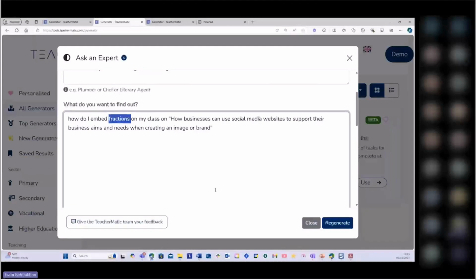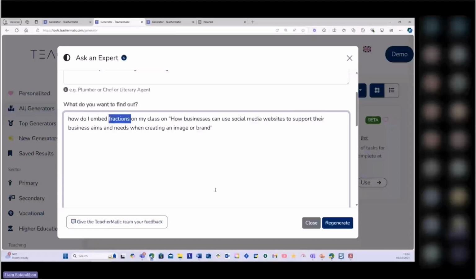So what I would do as a whole college strategy is I would get all these subject teachers to actually use this generator, because as someone who used to teach social media, I'm not a numeracy or maths expert, and I found it quite challenging to embed numeracy and literacy in my lessons. But this generator in particular does a fantastic job.